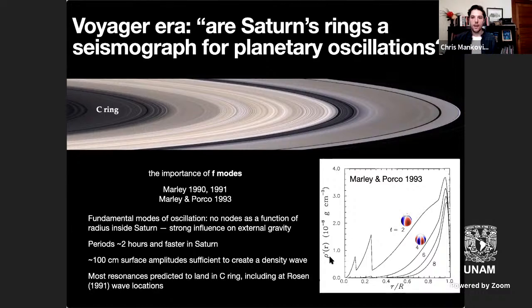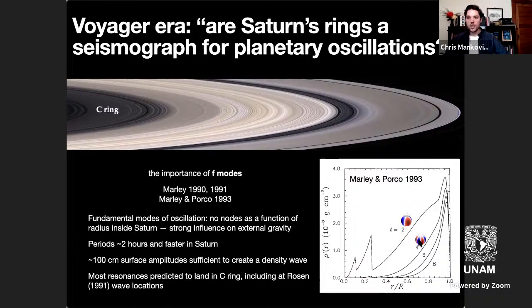So if you look at the eigenfunction of one of these normal modes of oscillation as a function of radius in the planet, the perturbation is coherent as a function of radius at any given phase. So you should imagine this as an oscillation mode. As a function of time, this thing will be swinging about zero, but at any single phase, the perturbation is coherent across the full radius. And what that means is that it can have a strong influence on external gravity, because from outside the planet, you actually see a density and gravity perturbation as a function of time.